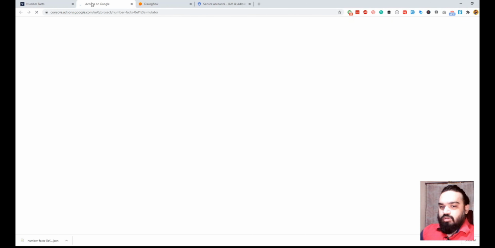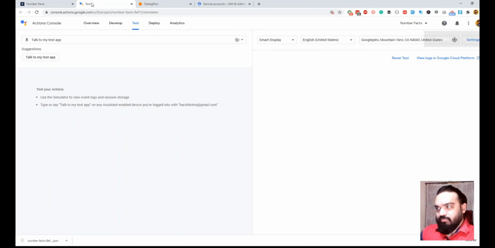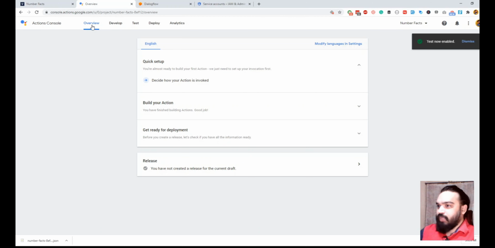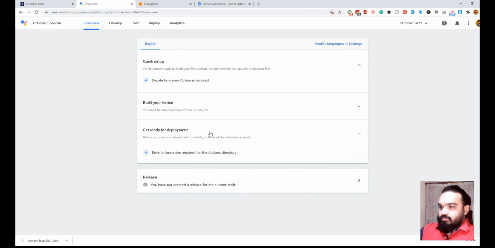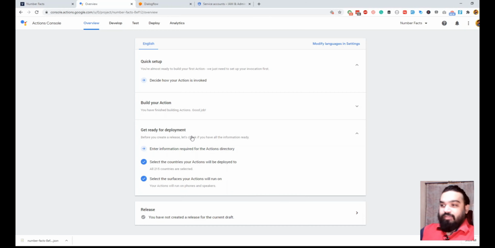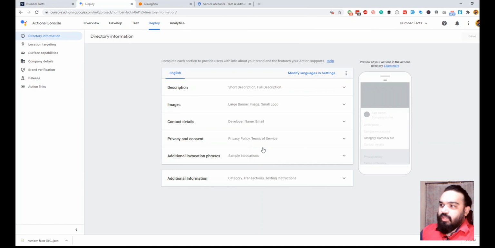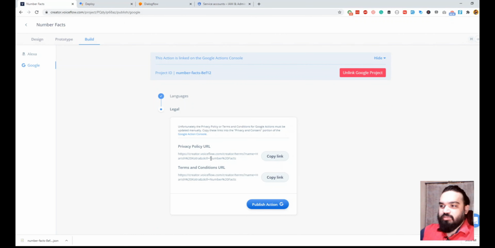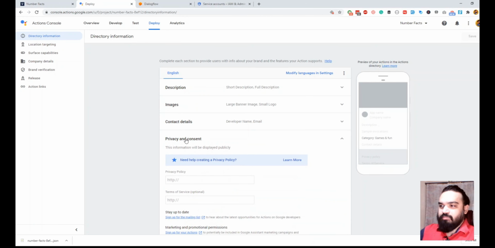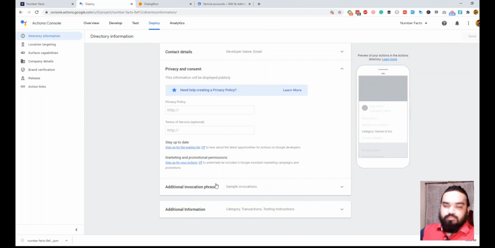And in the console, there are a few steps that you have to follow, similar to the Alexa skill that we created, where you give the information about the action that you just created. So for that, you go to Overview tab, and inside the Overview tab, you click on Get Ready for Deployment, and then the first option, enter the information. Here you have to fill all these fields, and if you remember, we have a privacy policy URL and terms and conditions URL. Just make sure you copy them and paste them in the privacy and consent tab,